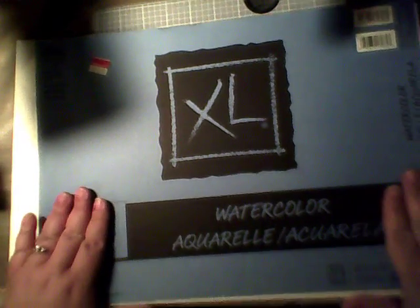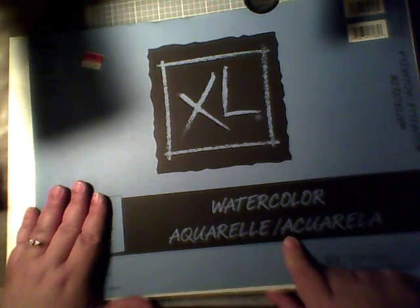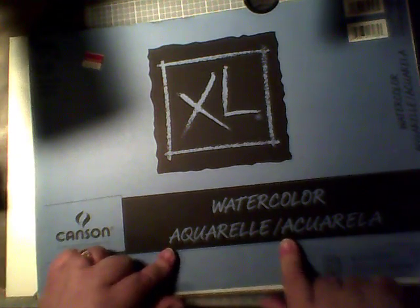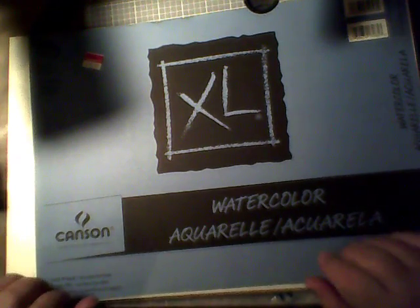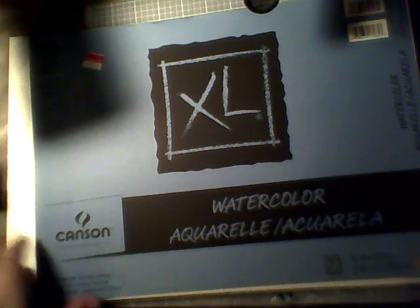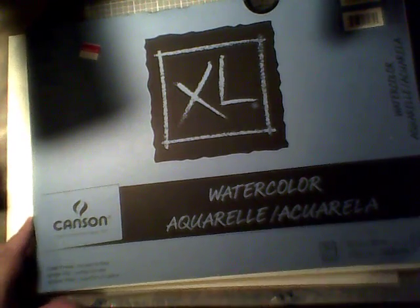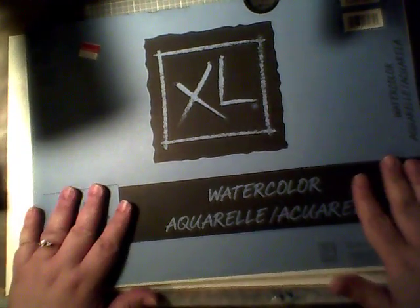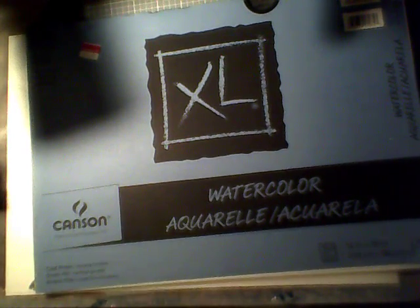I'm going to use this watercolor paper. I really think I like saying aquella. I don't know how to say it. Some language down there. They look so much better than watercolor. Do you see that? Does that not look better than watercolor? Really, it does. Anyhow, I'm going to go ahead and make this little book, not an album, a book. Okay, so that's what I'm using, and I've already torn out